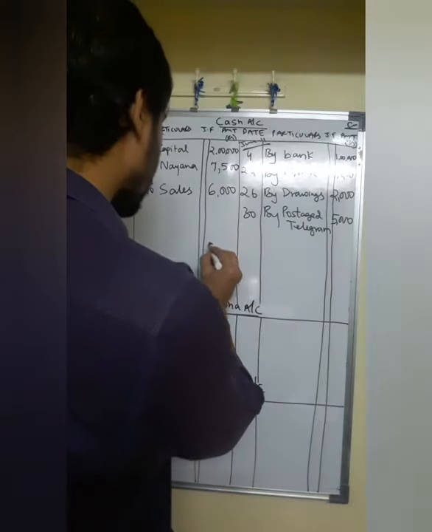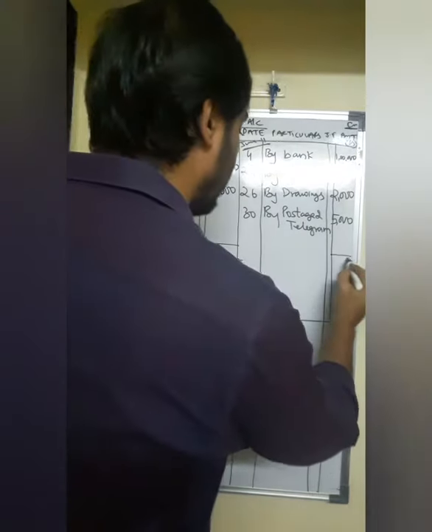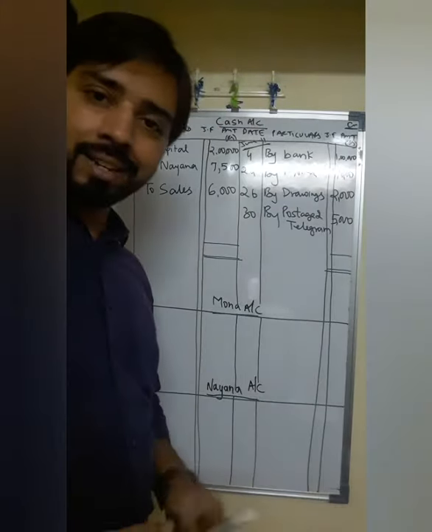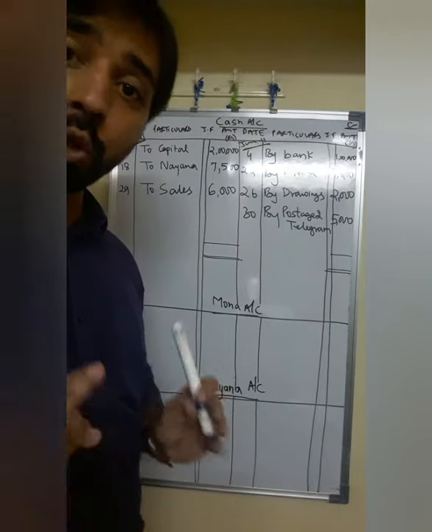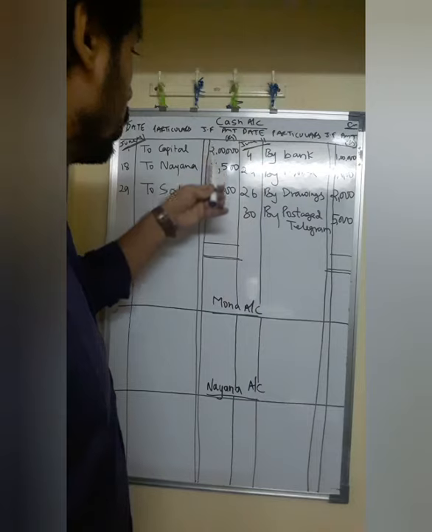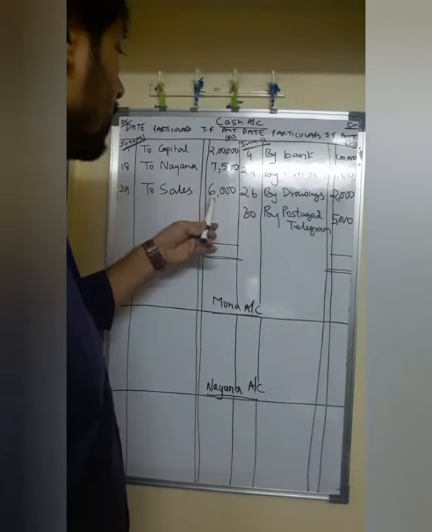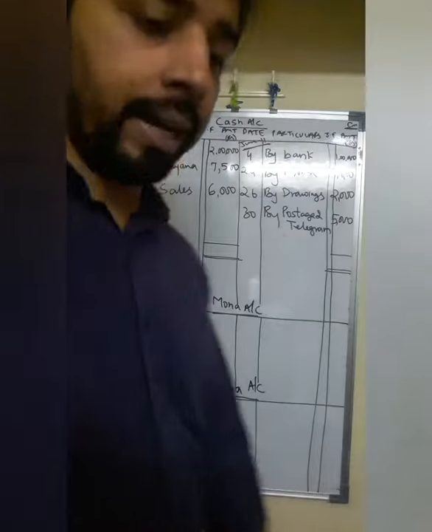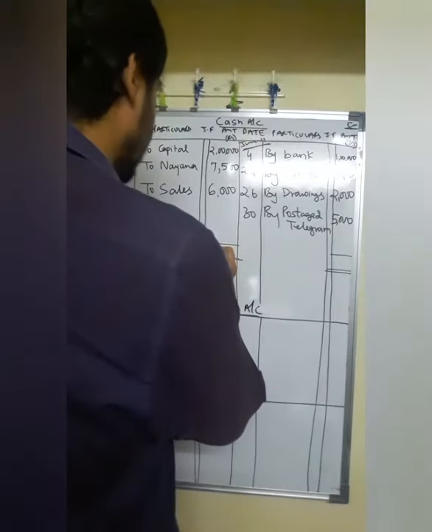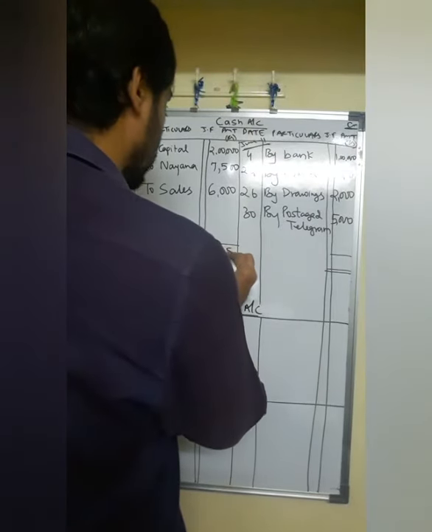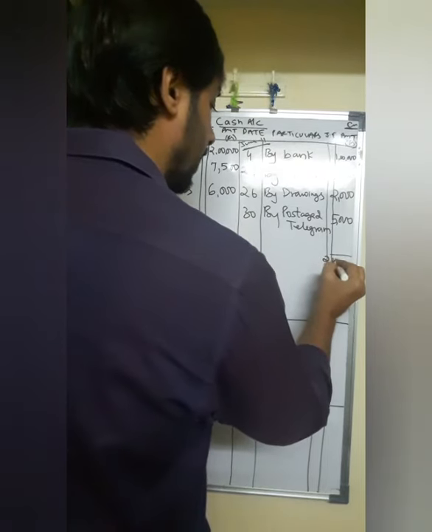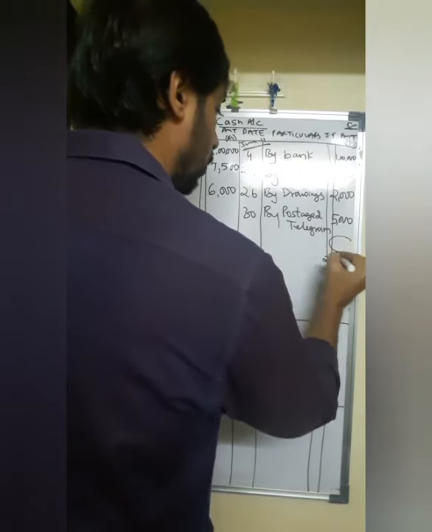Okay, now we have to close cash account. As I told you, heavy total on both the sides. So total we have to double underline. Cash is generally an asset. An asset always has a debit balance. So debit side will be heavy. You can calculate it. 2 lakhs plus 6,000 plus 7,500. The total comes as 2,13,500. So heavy total is to be recorded on both the sides. 2,13,500. You have to find out the difference.